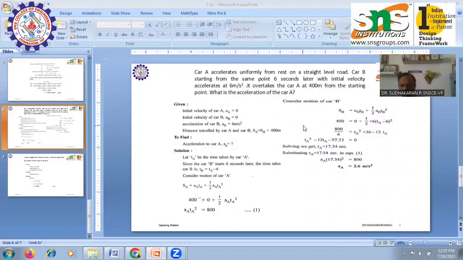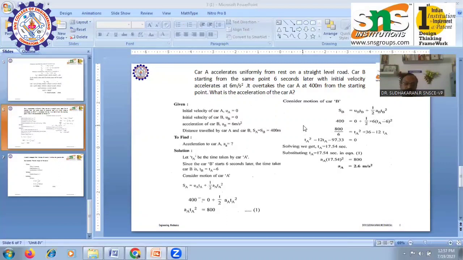From this we get the equation TA square minus 12 TA minus 97.33 equal to 0, and solving this quadratic equation we get the time taken by A to cover this distance of 400 meters as 17.54 seconds. Substituting the 17.54 in equation 1, we get the acceleration of car A as 2.6